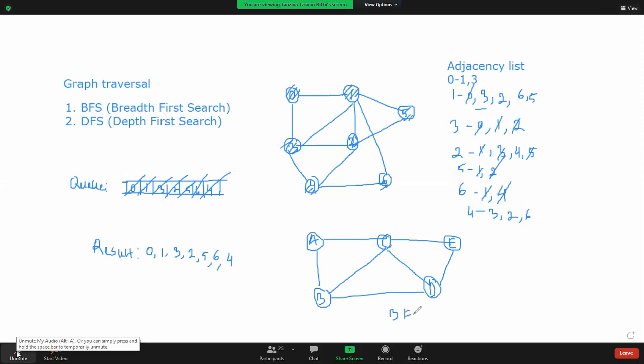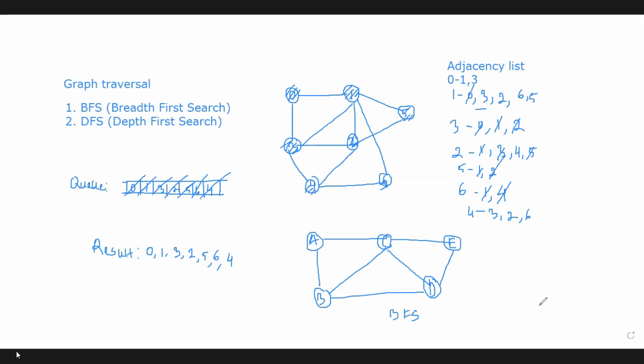And you can start with any node. And another thing, the sequence of the result can be different. By using this traversal method, we can create different sequences. Why? Because